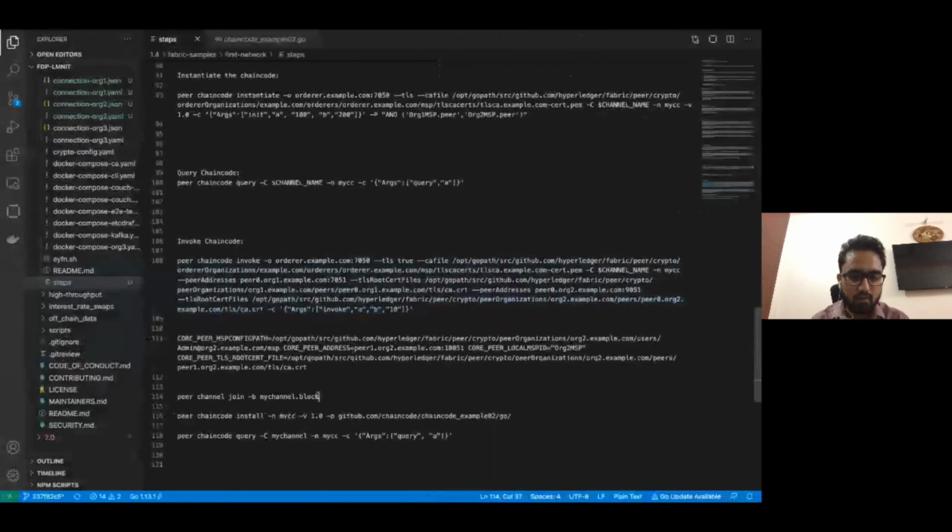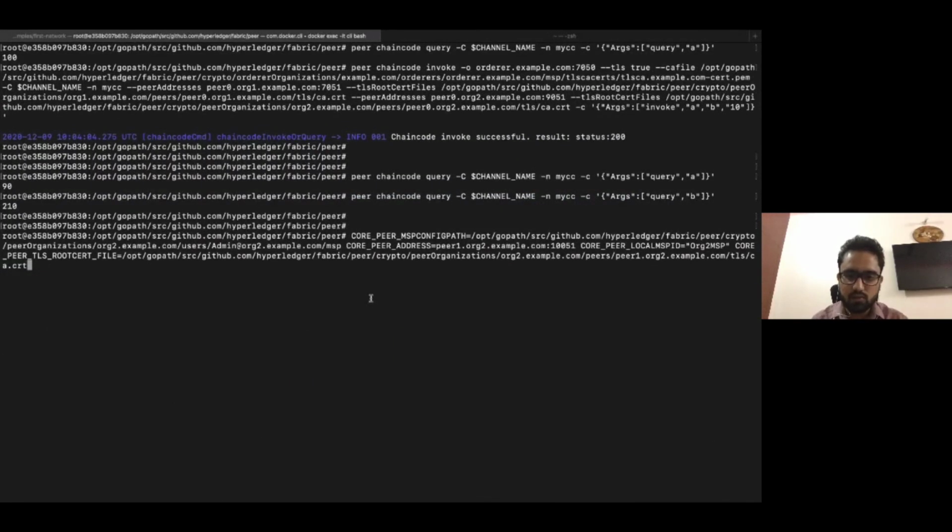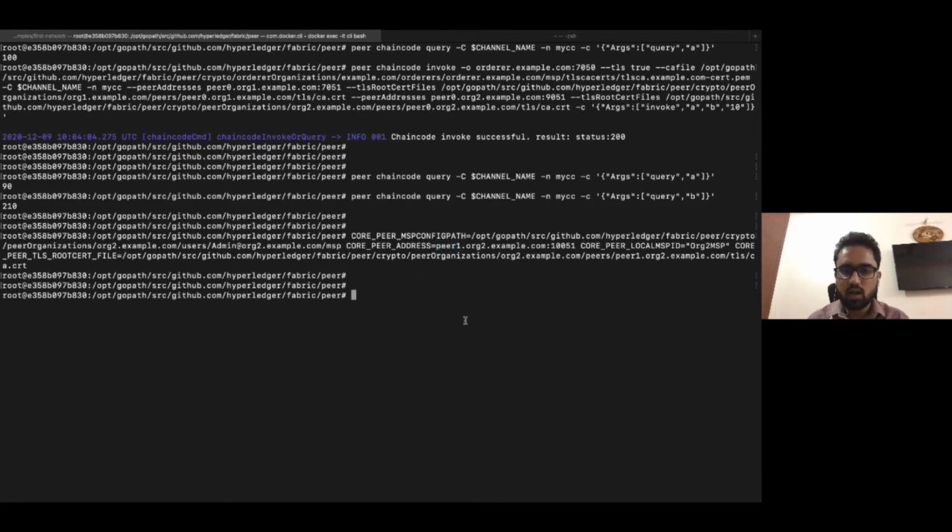So right now I am configuring my CLI for peer 1 of org2. This is the peer 1 of org2 and this is the org2 MSP ID. So I am configuring this CLI to act as peer 1 of org2, and remember this particular peer has not installed the chain code. Now let's try to call this chain code.